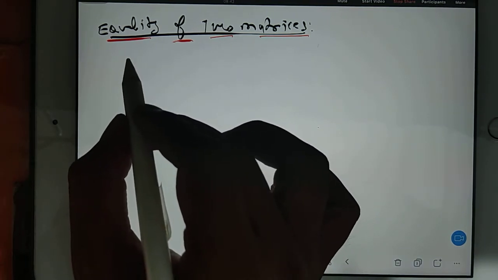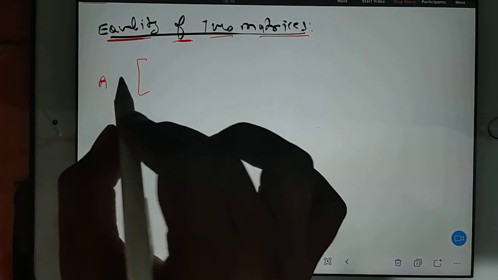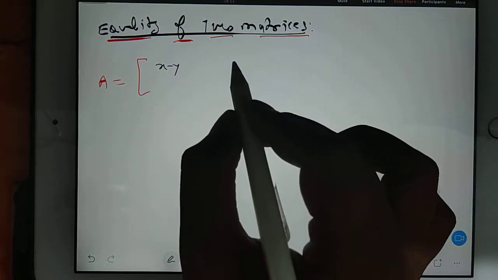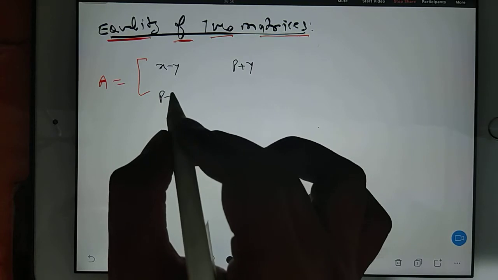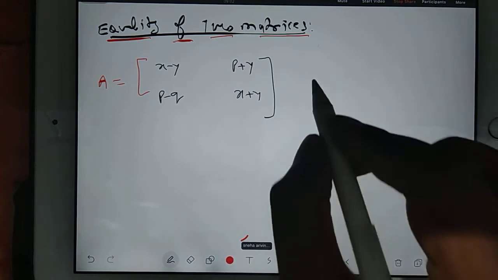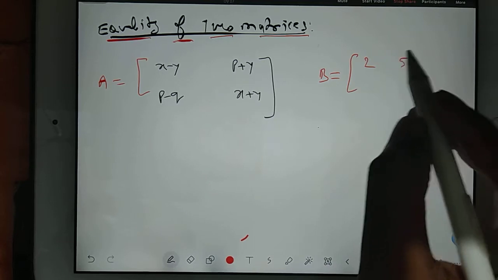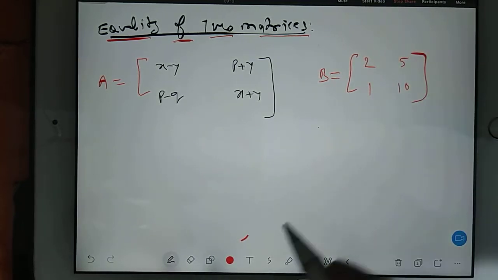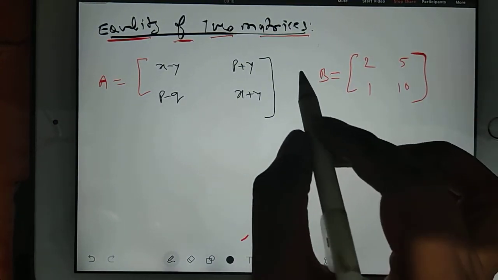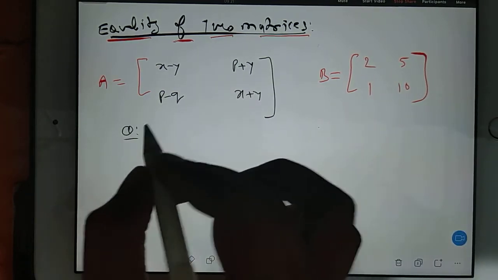Now see, suppose we have two matrices. It's very easy. Suppose A is equal to, just fill the elements: x minus y is one element, p plus q is another element, p minus q is another element, and x plus y is another element. And now I have another matrix, in which suppose the values are 2, 5, 1, 10. And if the condition is given, for what values of x and y and p and q these two matrices are equal, like we can make a question for,